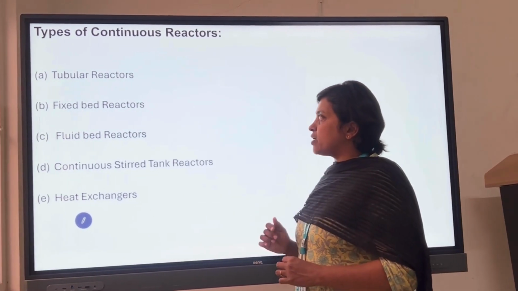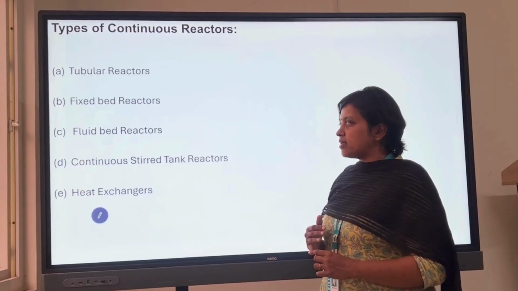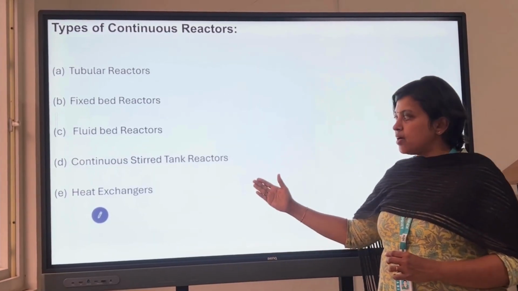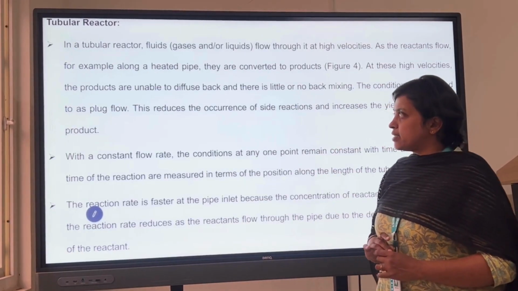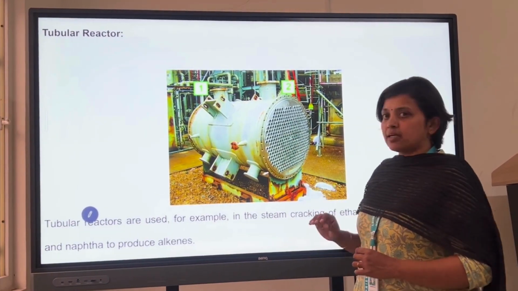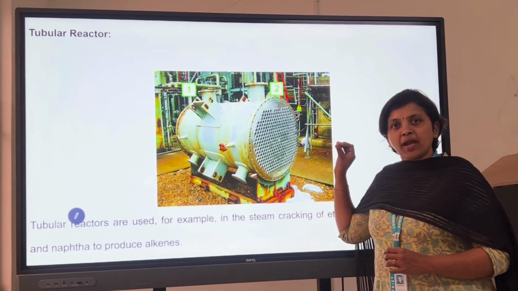First one is tubular reactor, the second one is fixed bed reactor, third one is fluid bed reactor, continuous stirred tank reactor, and the last one is heat exchanger. In the tubular reactor, here you can see very clearly, inside the reactor chamber we have n number of